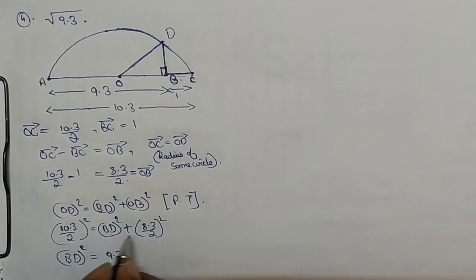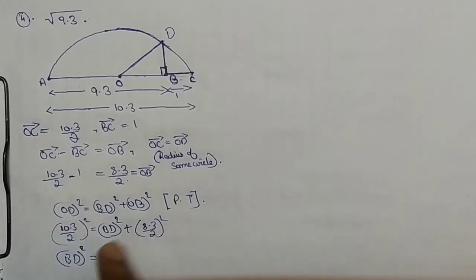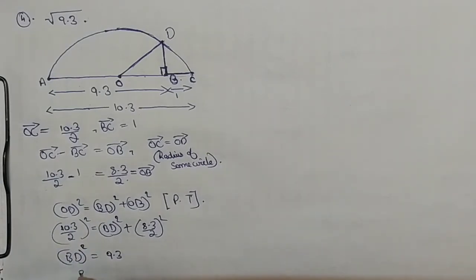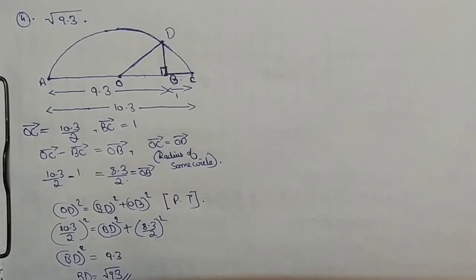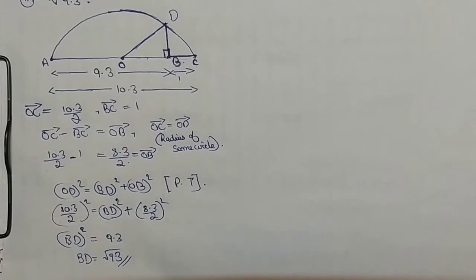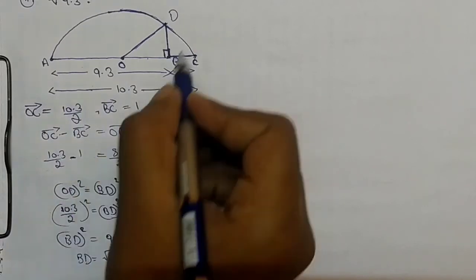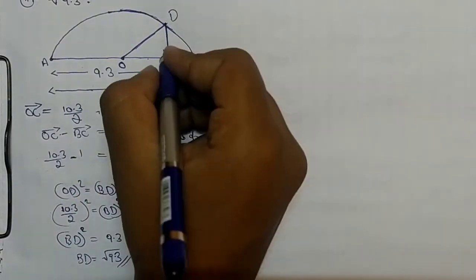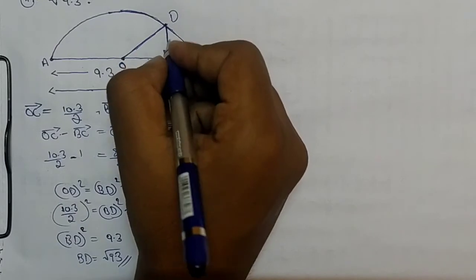Move this term over, and if you solve this minus this, you will get 9.3. BD is going to be the square root of 9.3, and with the help of BD,